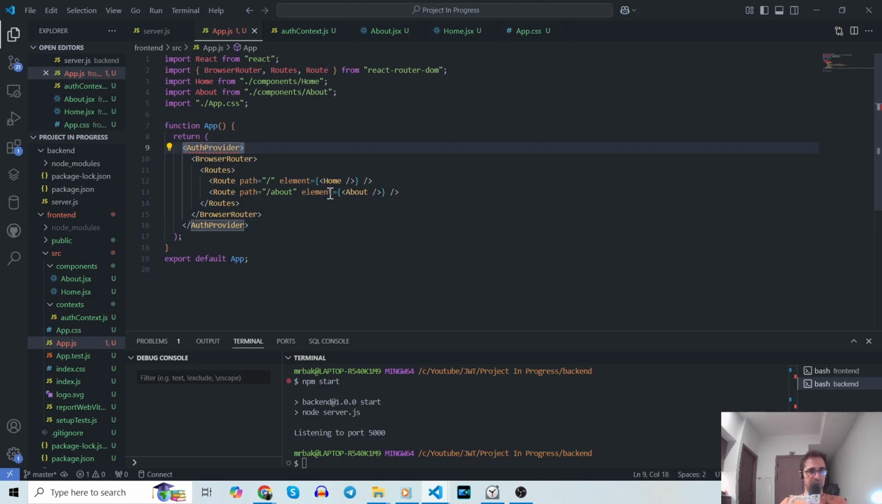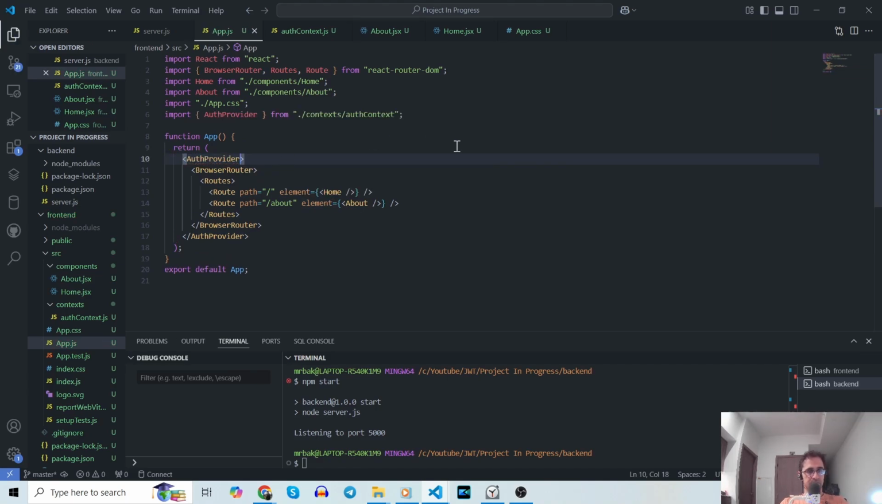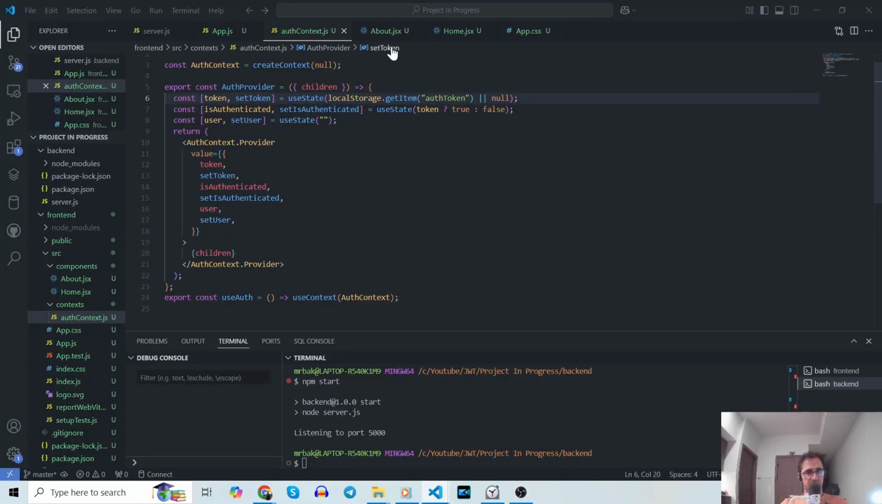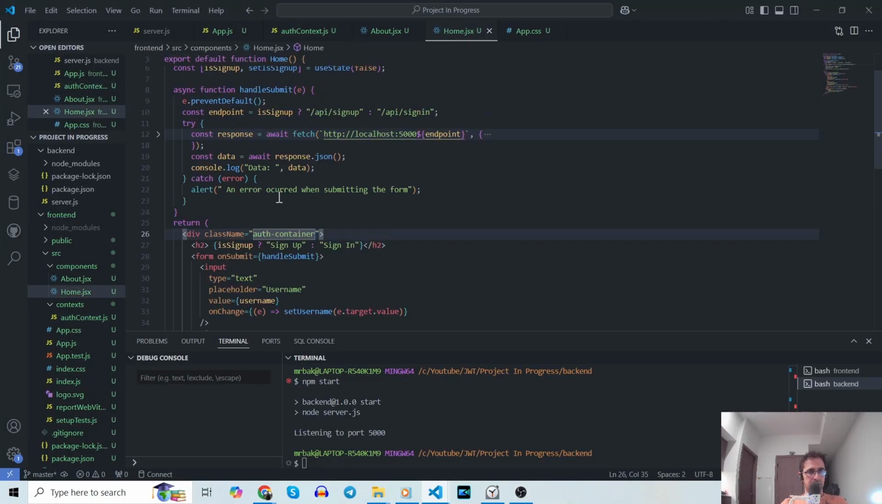We need to import it, automatically import it. I'm going to save this. Now that we have provided the auth provider for all components here, all we need to do is to save the token coming from the backend inside this. So we need to somehow have access to this set token, so whatever comes from the backend will be saved in this context. I'm going to head over to the home component